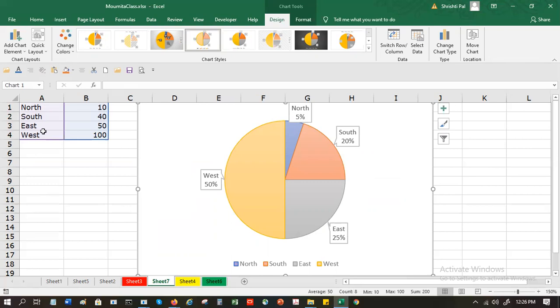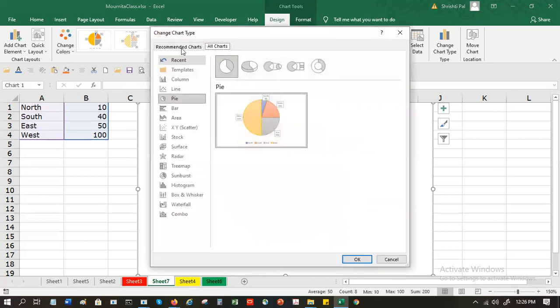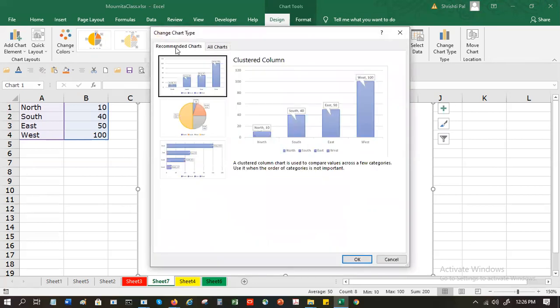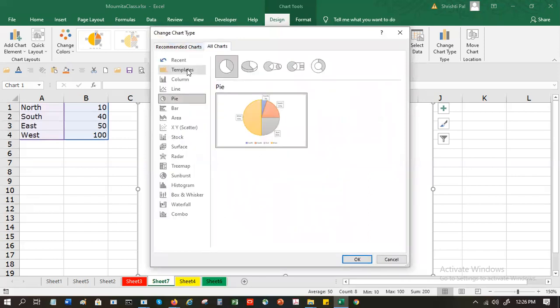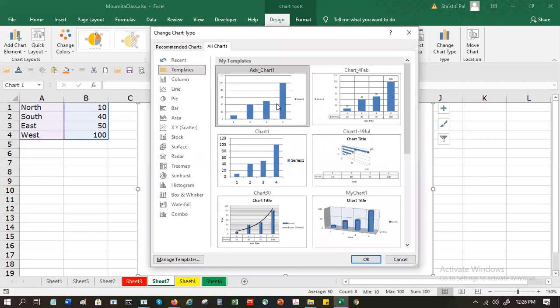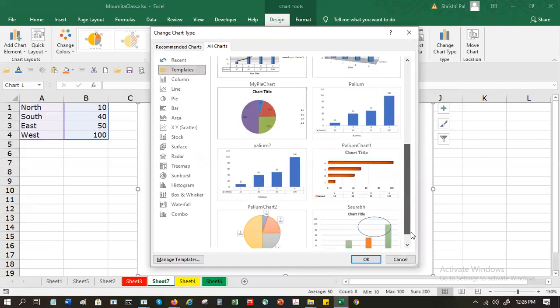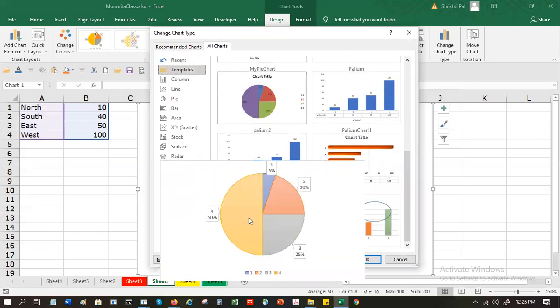Once you have saved it, then go to recommended charts and all charts, and then templates. So second, I go to change chart type. Then I have recommended charts here. I go to all charts, then there's templates, and I scroll down and I use the style that I have saved.